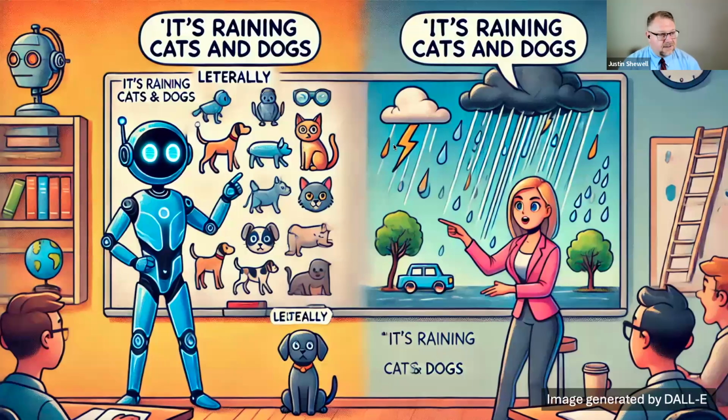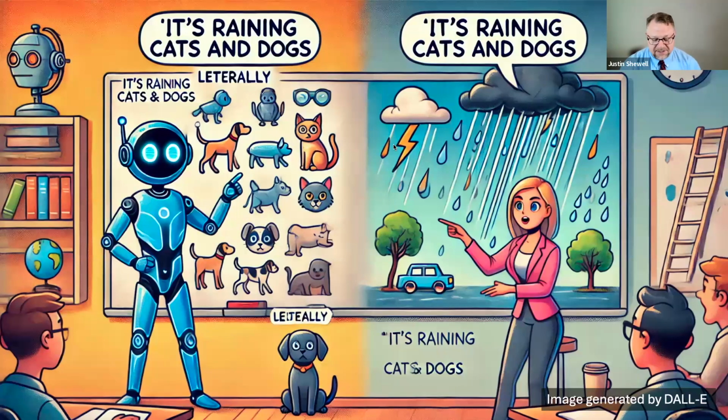Another thing that I've learned, which you'll learn quickly if you use AI to any level, really, is that the AI often lacks the nuance of a human when explaining a topic, and so it might provide inappropriate responses. When I asked ChatGPT to give me an example of what an inappropriate response might be, it came up with this one. If I tell you that it's raining cats and dogs, even if you don't know English,